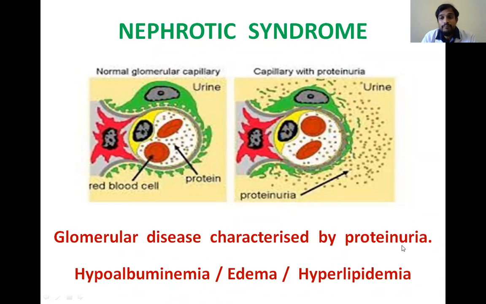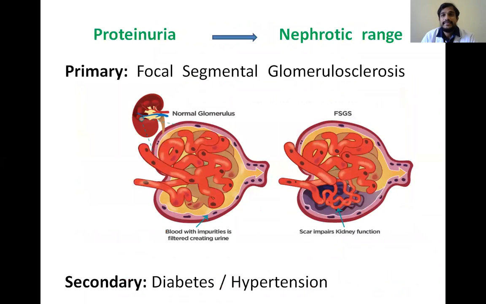So in nephrotic syndrome, proteinuria is important, loss of proteins. And the loss of proteins in the nephrotic syndrome is a large amount of proteins. If a small amount of proteins are excreted in urine, it is not known as nephrotic syndrome. Only when a large amount of proteins are excreted, that is greater than 3 to 3.5 grams per day, then that is known as nephrotic syndrome. The nephrotic range of excretion of proteins is only known as nephrotic syndrome. That means excretion of large amount of proteins, that is greater than 3 to 3.5 grams per day.